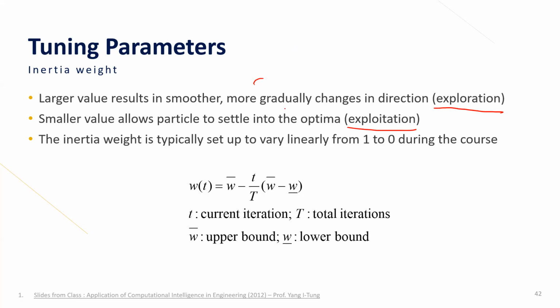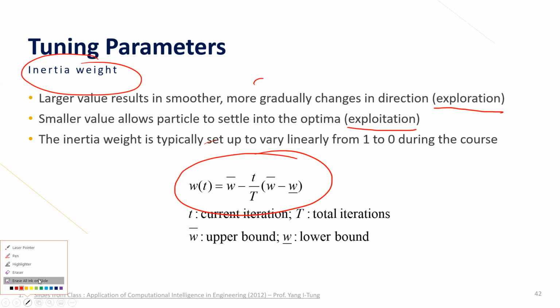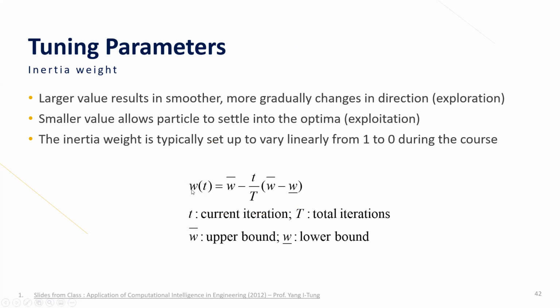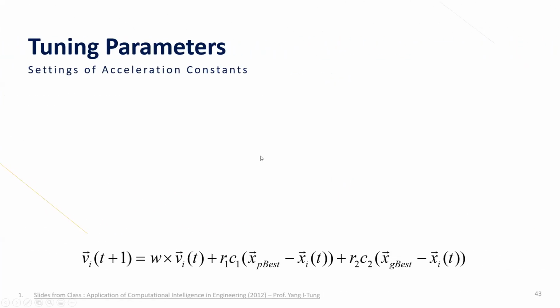So normally for inertia weight, we let the particles explore as much as possible at the initial stage, but reduce the exploration when you are near the end of the iterations. That's why you can use this type of formula to apply a dynamic inertia weight. I hope that gives you a more non-technical explanation. This is the simple way to explain it.